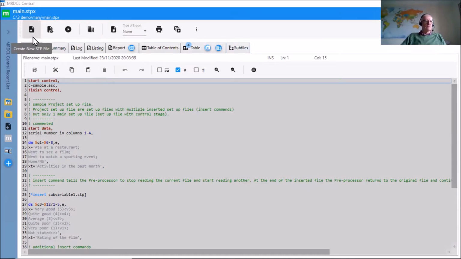You will also see the MRDCL Central toolbar, which includes the STP editor and Viewer tab buttons, Run Setup button, Report Indexer button, and other features. There's also the blue banner bar where the selected setup file will be displayed here. On the right portion of the banner bar, you will see the Settings button